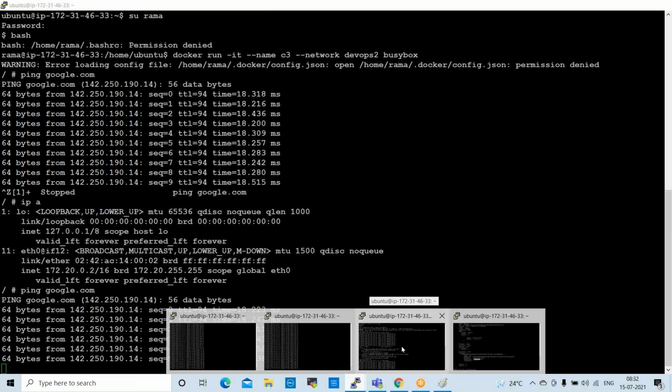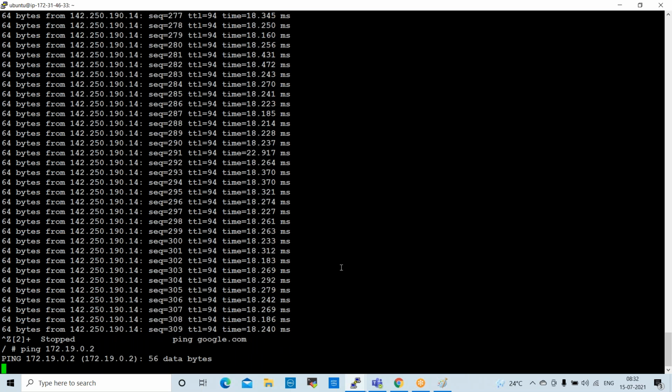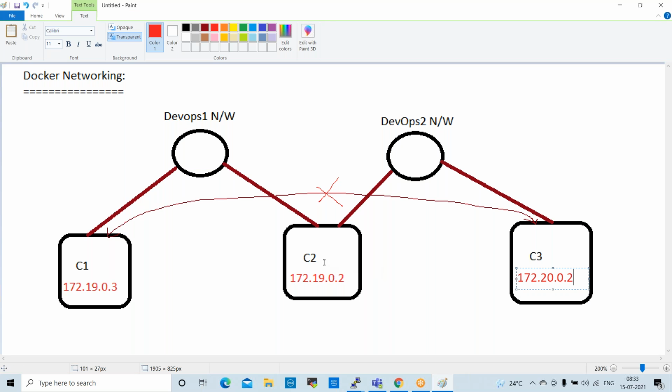So this is the C3 container. Control Z to stop. Ping 172.19.0.2, the C2 container. Enter. It is not pinging, because from container 3 to container 2 it is not pinging. Both are different networks, right?